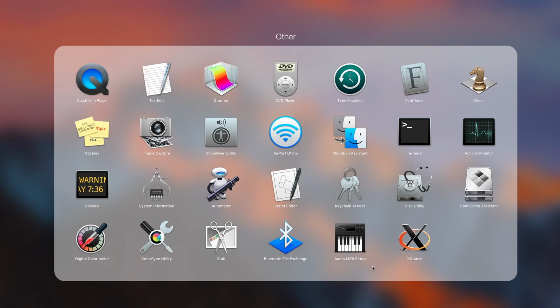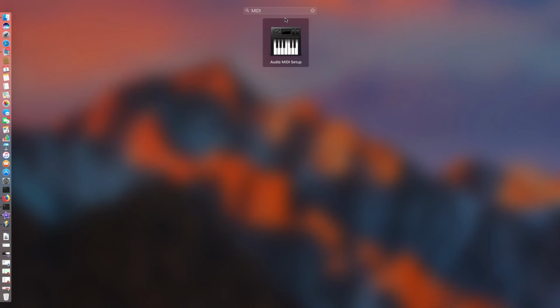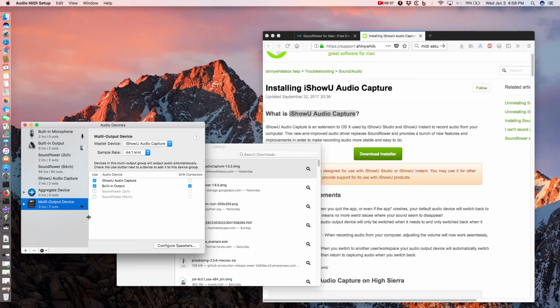If you cannot find that one, you simply open the Spotlight search without going to Launchpad, and type MIDI. Once it shows up here, you click on it and select the one that you want